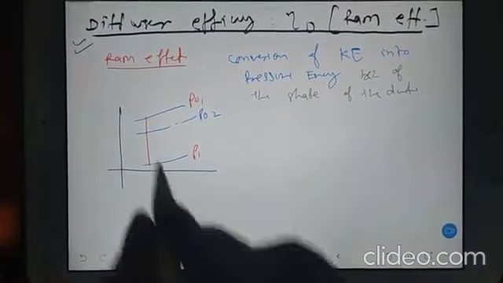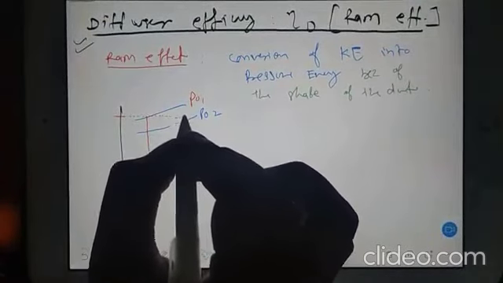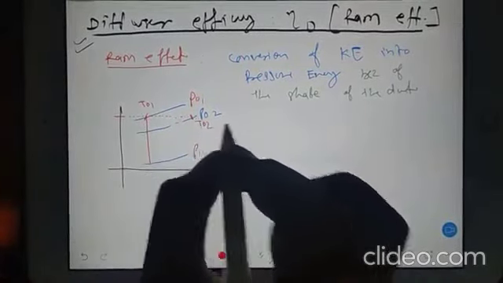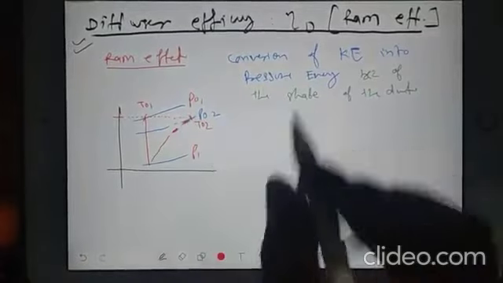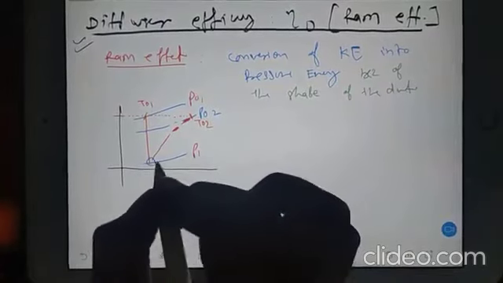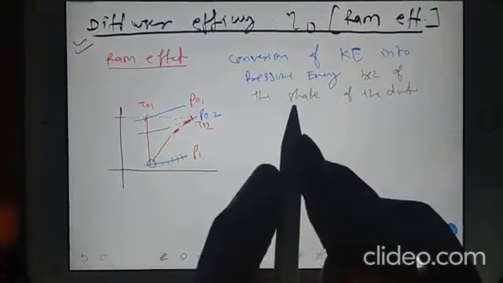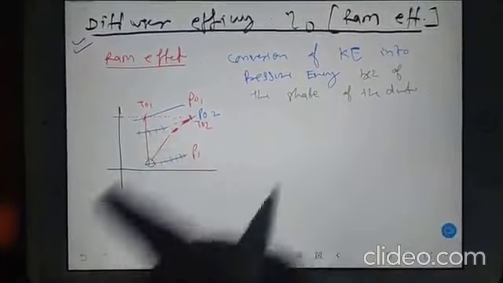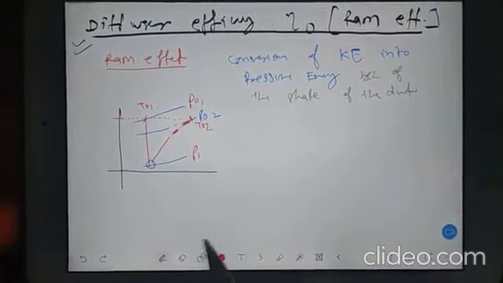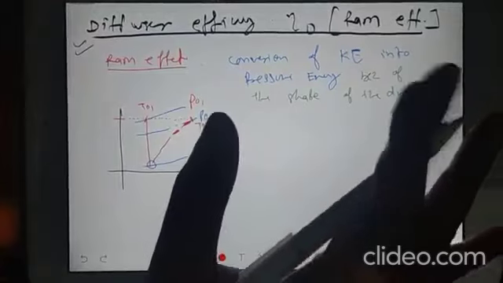So how do we land there? We start from T01 and we reach here. T01 and this T02 are on the same line, and you draw one line like this. So at this point you started. On this line, everywhere pressure is P1. On this line, everywhere pressure is P2. That is the pressure line, the isobaric line. So T1, T01, T02 is the same, in the actual diffuser, it does not matter.